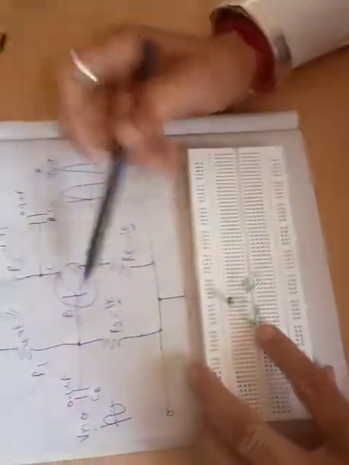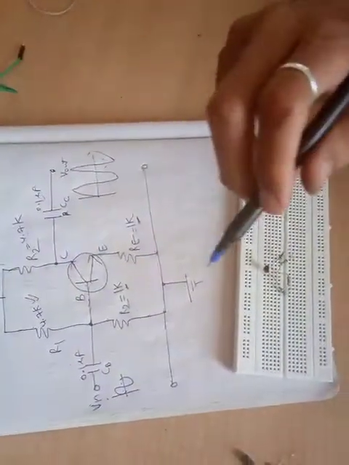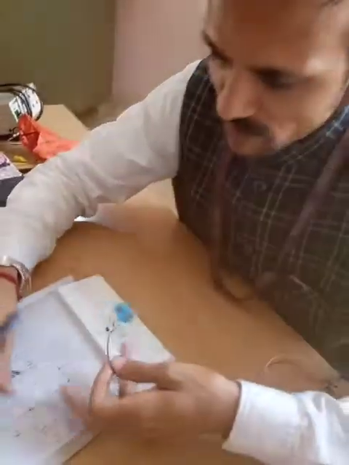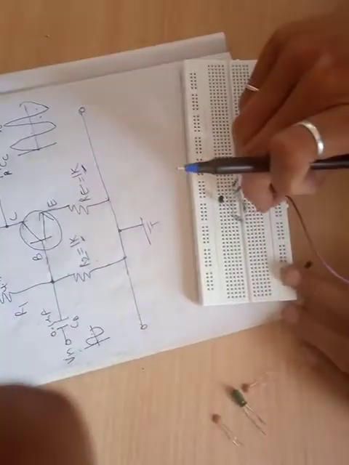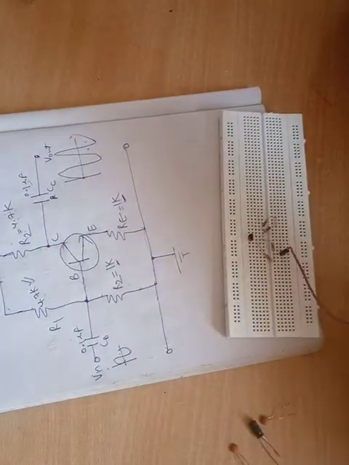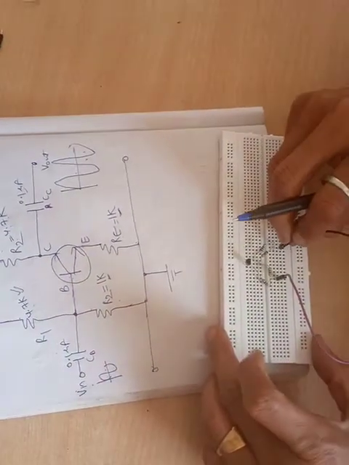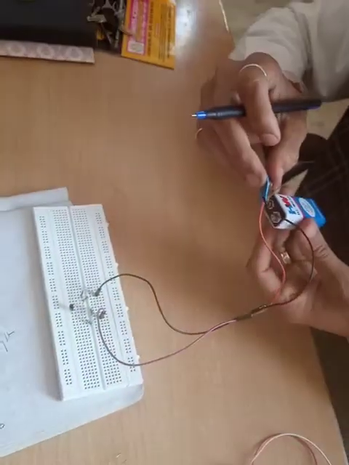Now see, after all the resistors are connected, now we connect the 9 volt battery. Every battery has two terminals, one is plus and one is minus. So the plus terminal of the battery is connected where the two 4.7k resistors are shorted. So these two 4.7k resistors are shorted here. So I connect the positive terminal of the battery. And the negative terminal of the battery is connected where the 1 kilo ohm resistors are shorted. So the 1 kilo ohm resistors are shorted here. So this one. So here I will connect this 9 volt battery during the time of result checking.